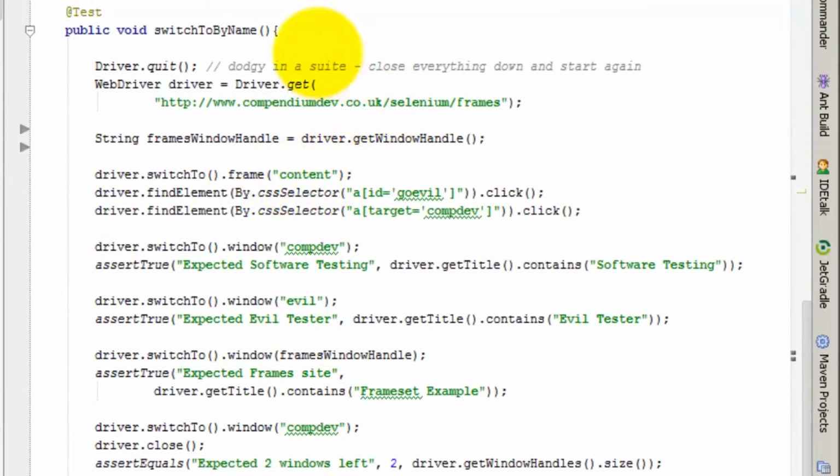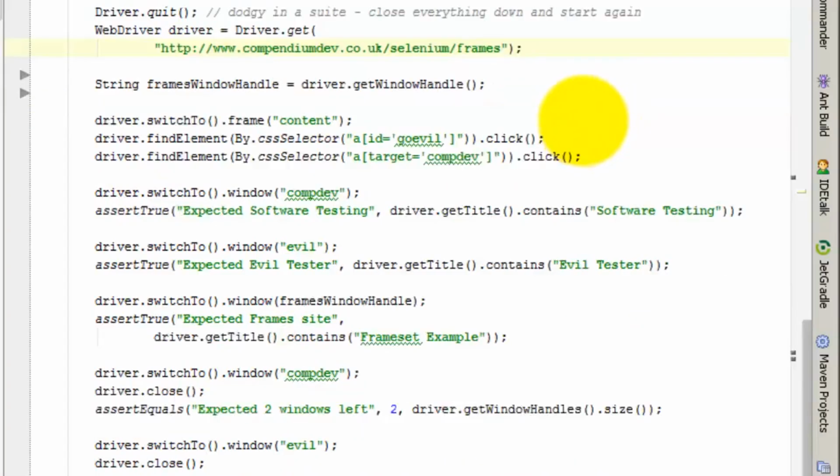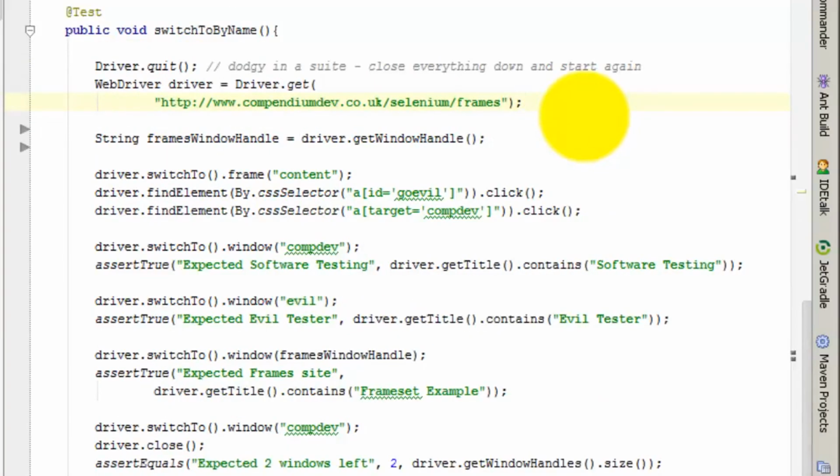Now the switch to by name, again I'm closing the driver down because these tests can run in any order, and I want to be in a specific set of circumstances when I run this test. I want a single window open. So I close the driver, then open up a new one with the correct page. And on this one we're switching to by name. So the first thing I have to do is go into the content frame, find the two links that will let me click. And I hope you spotted what it is that makes a difference on the anchor